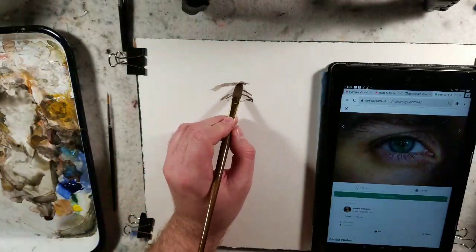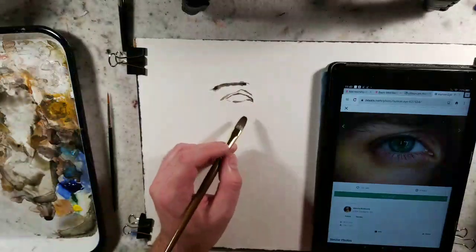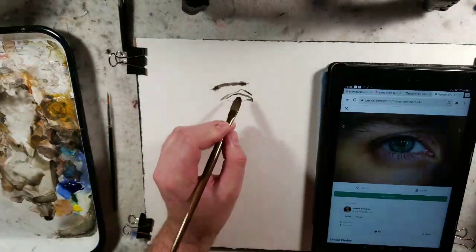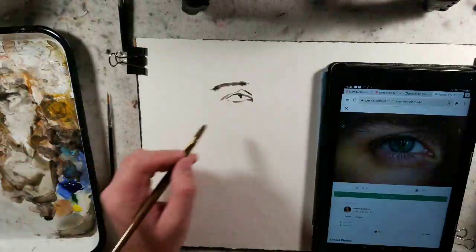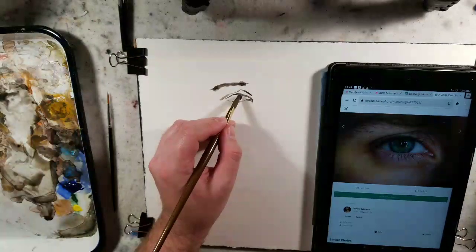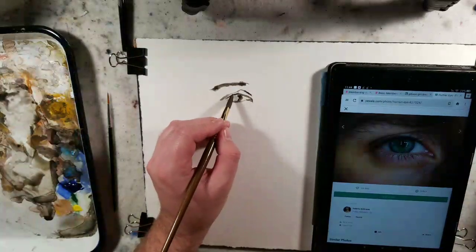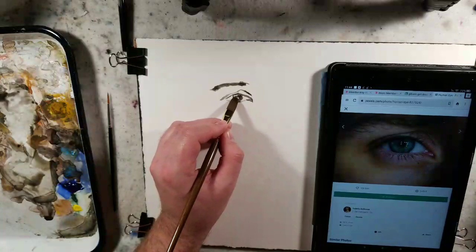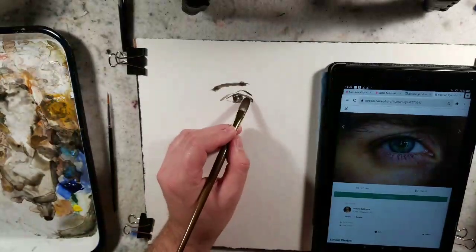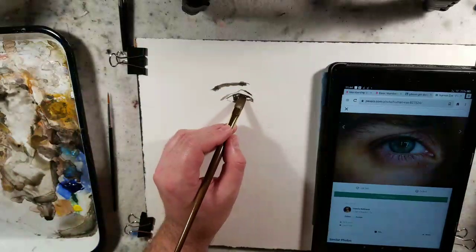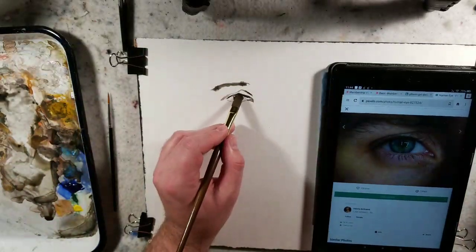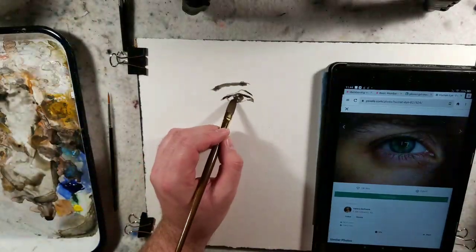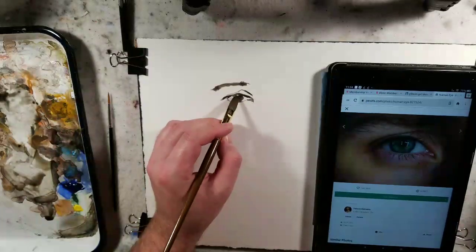Okay, now I'm just using random paint off of the palette. I'm not really too worried about color, just working more with tone. I think tone, light and dark, is going to be, for me, more important than color. That upper eyelid always seems to be very dark in value. We have the dark pupil,